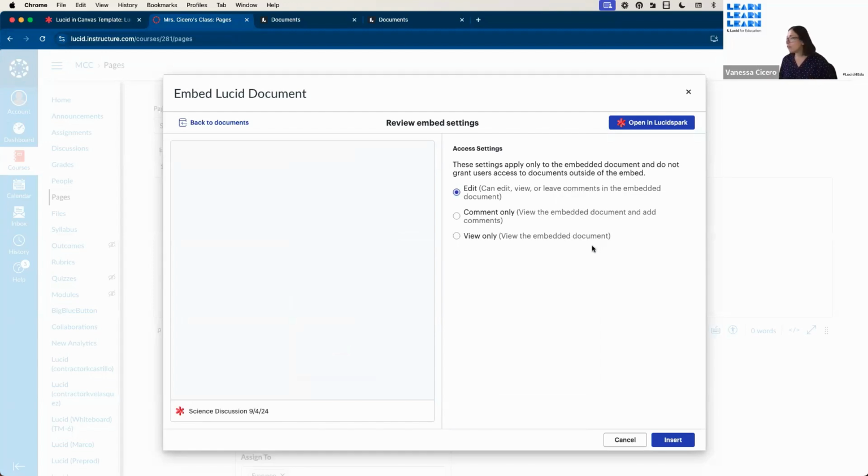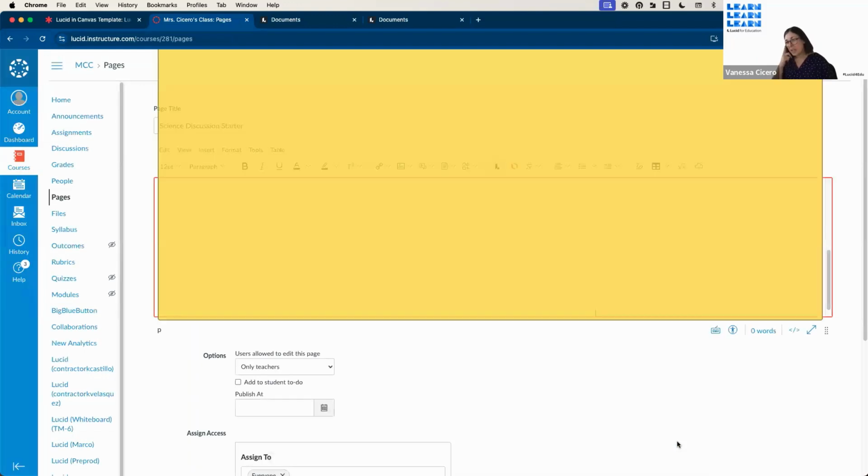And then finally, view only would be, hey, maybe I've created a historical timeline that I just want the students to be able to see and access to view. Then you would select view only. But the edit is where the magic happens. So I'm going to hit edit, and this will insert it directly on the board. So now